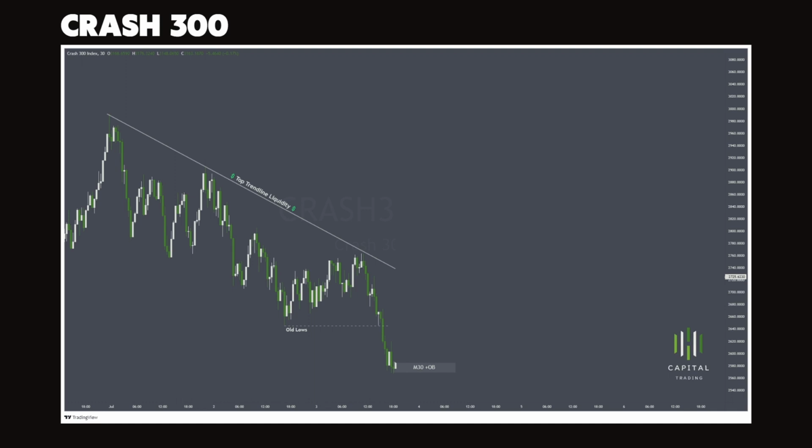This is a Crash 300 30 minutes chart, and this movement happened in July, and this was July 1st, 2nd up to the 6th, right? So what happens is